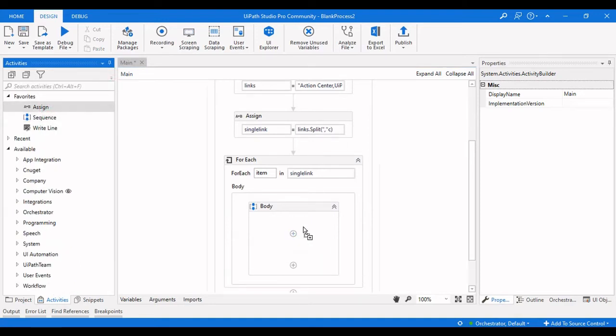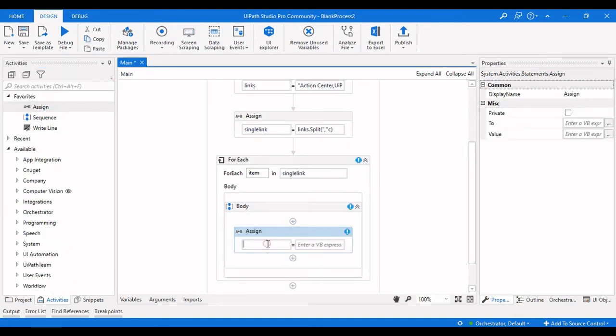So let me take another assign activity and make this dynamic link, and we need to pass item dot toString, and we need to trim this particular value because we don't want any spaces over here. So we will trim that particular link item that is coming from the string.